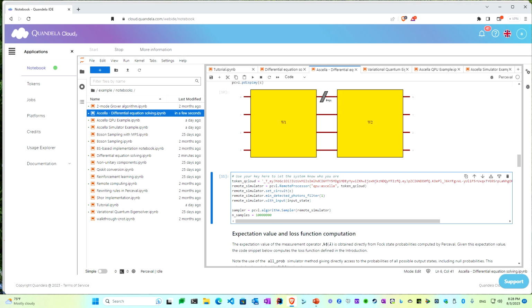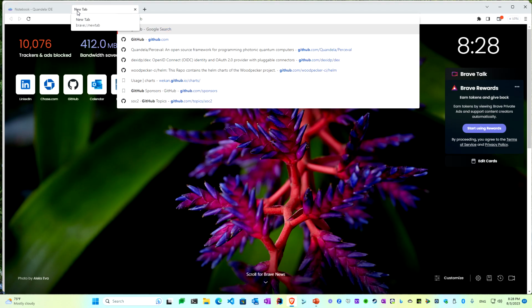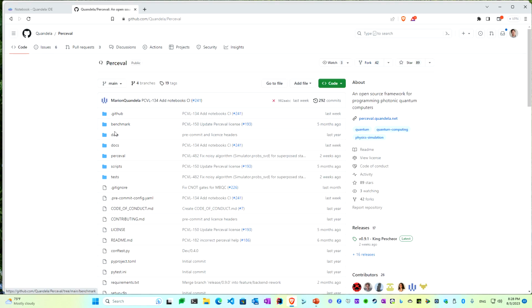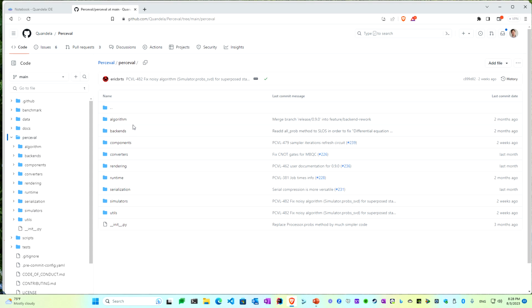So here I had to use this remote processor API, and I wanted to show you on GitHub the API. So this is all open source. You can go and browse through their code base. And if you go to the Percival folder, they have a number of packages, but the ones that mattered to